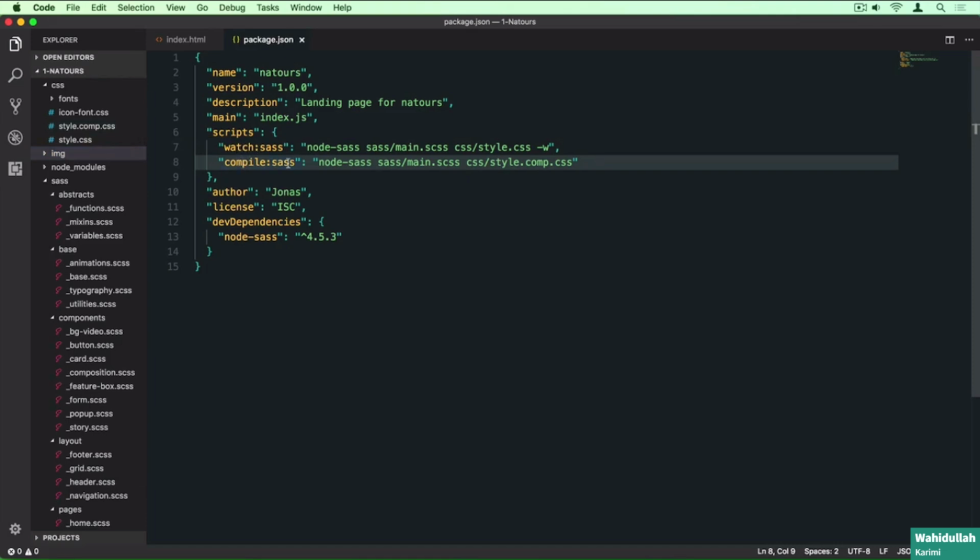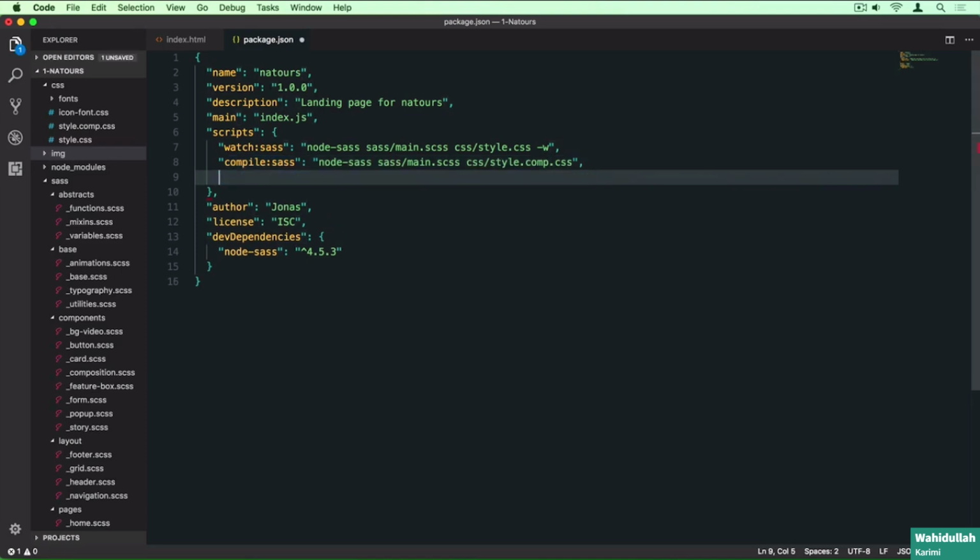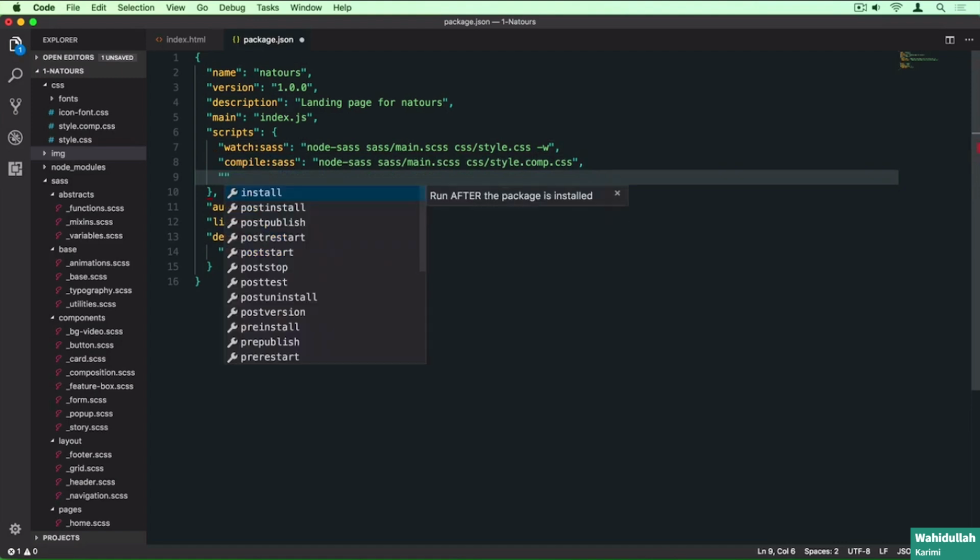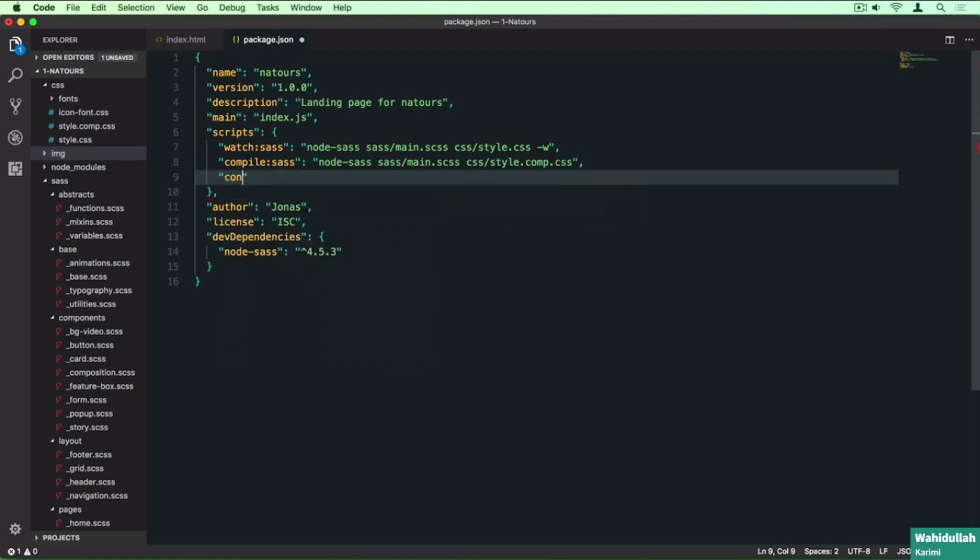So I'm doing this in a different task because then later I want to combine all of these tasks for our build process, and then that one should of course not be watching for changes, okay? And so we want one that watches the changes, which is this one, and then we want one that we can use at the end of our project when we run the build process. So the next step is to concatenate our existing CSS files, right? So concat